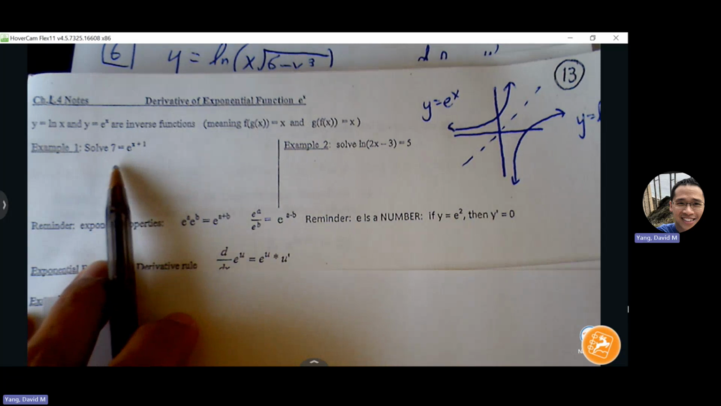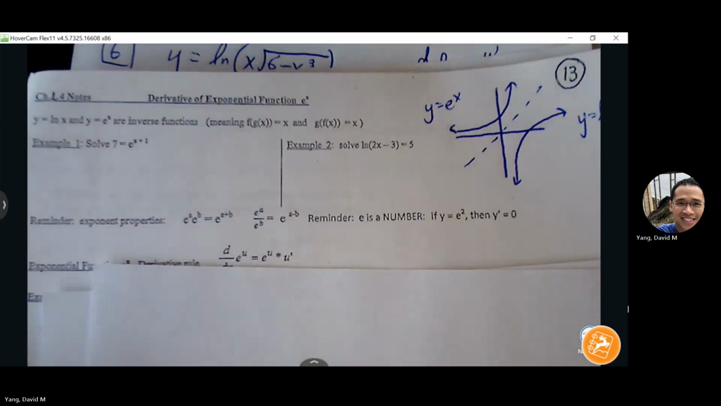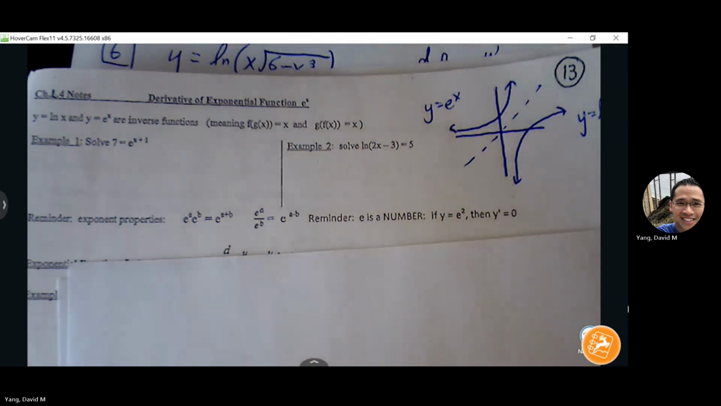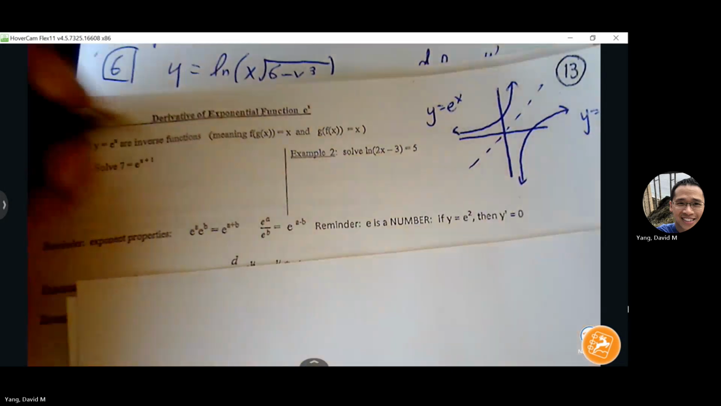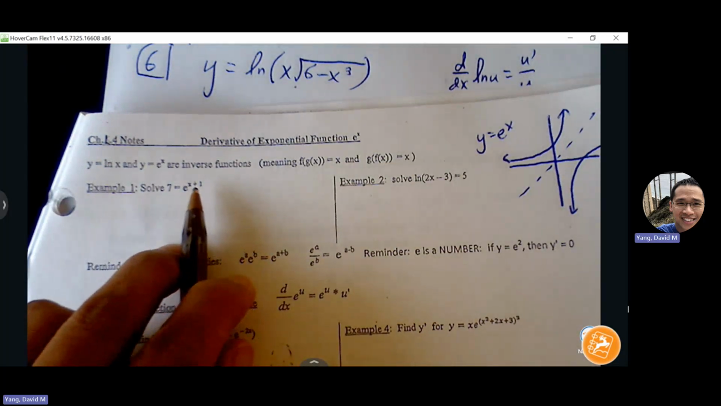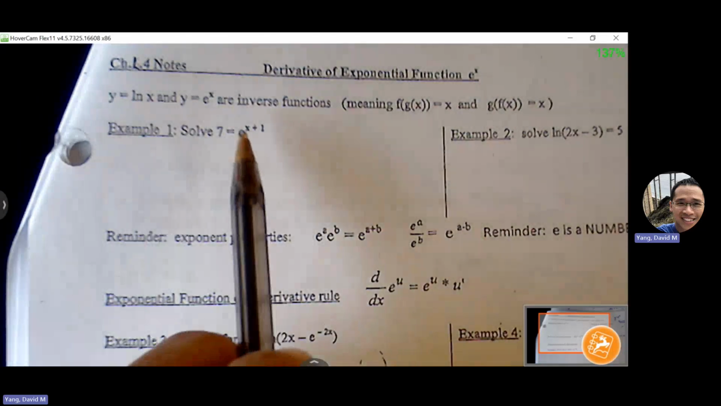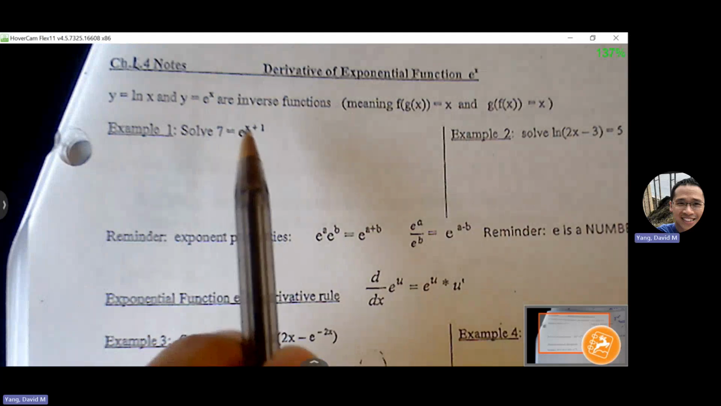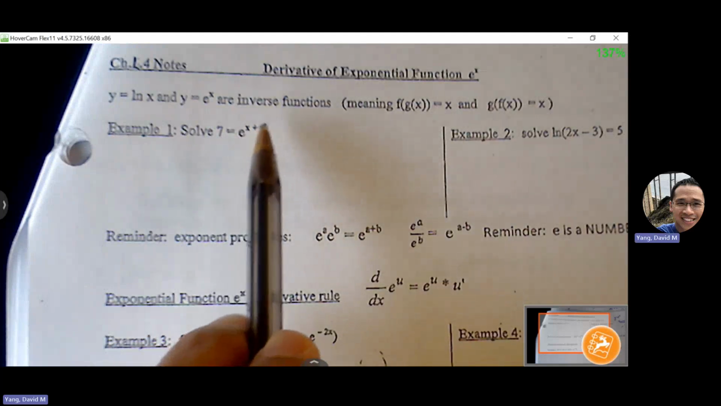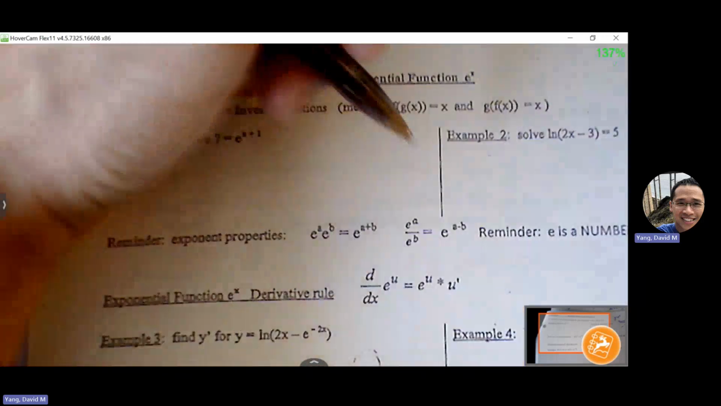Okay, so if I want to solve this equation, 7 is equal to e to the x plus 1. So a little bit of review. If I want to solve for x, notice how x is stuck in the exponent. If I want to get x by itself, I want to bring that x down. So we can involve natural log to help us bring that exponent down. So if I introduce logs into the equation,